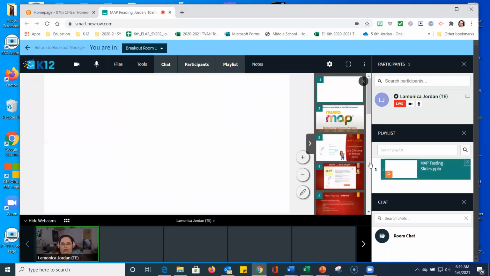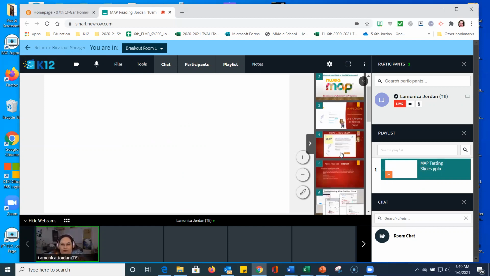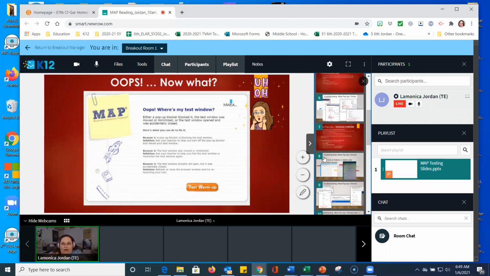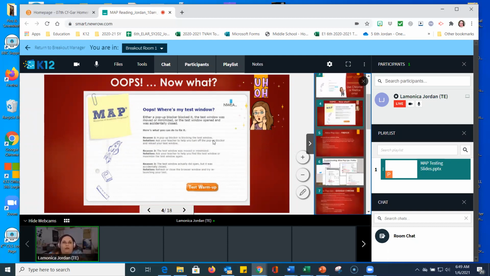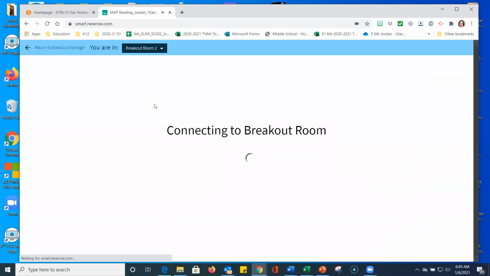And then I'll click over here. And since this is going to be my troubleshooting room, I'm going to have this lovely little one. Oops, now what? So that's what's going to be in my troubleshooting room. And then I'll talk to them individually and help them with whichever slide it is that they need. So that's going to go in my troubleshooting room. Now you can just click here and I can go to room 2, which is going to be my